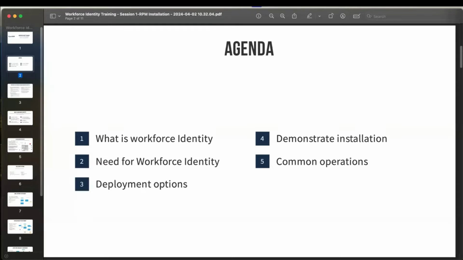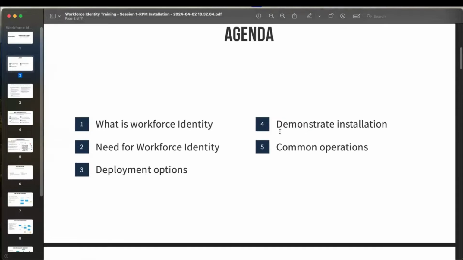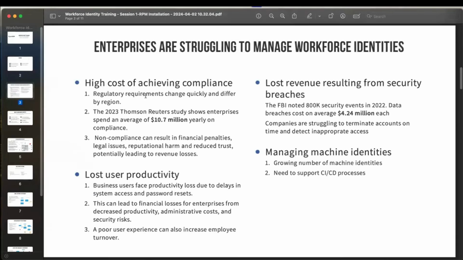There's a very diverse audience that we have here. There are some people who are already OpenIAM customers. Some of them are partners who we've been working with for many years. And there are others who are fairly new to OpenIAM or to IAM in general. So we're going to start from the very basics. And so the first slide in this session is going to be about the foundations behind why people